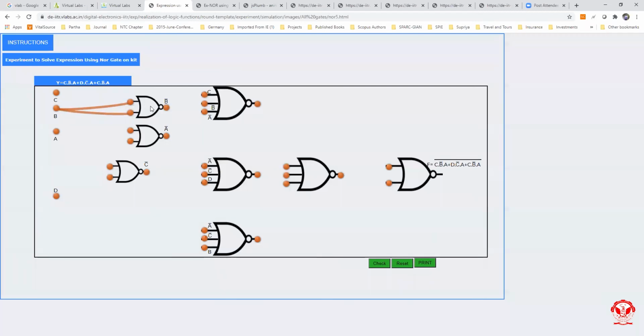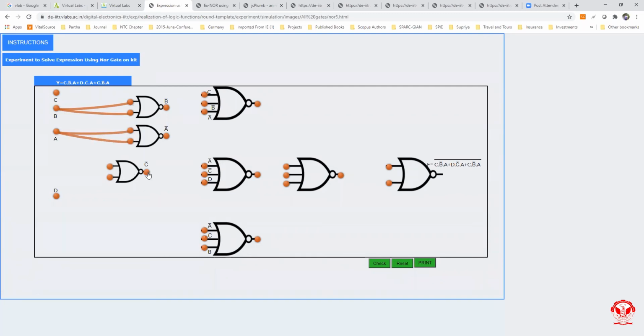Now the output of this NOR gate will be B bar since it is connected to point B. Now, as we can see here, the output of this NOR gate is A bar, so there is nothing to worry about, just click on point A and connect this to the input of this NOR gate and this NOR gate. Now yes, it is over.